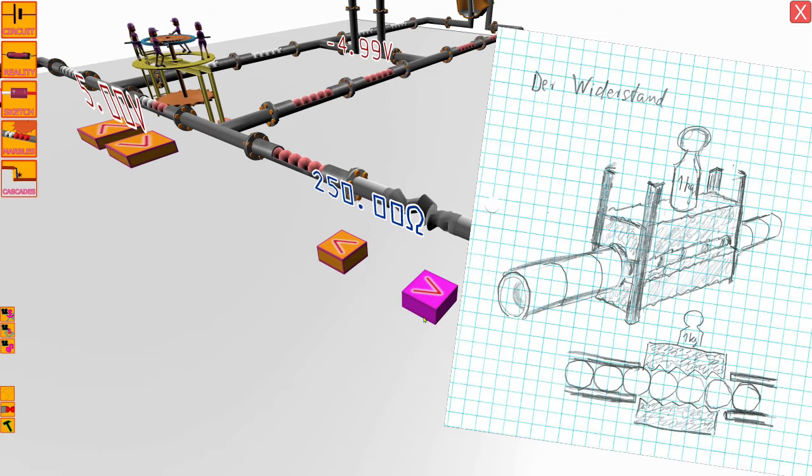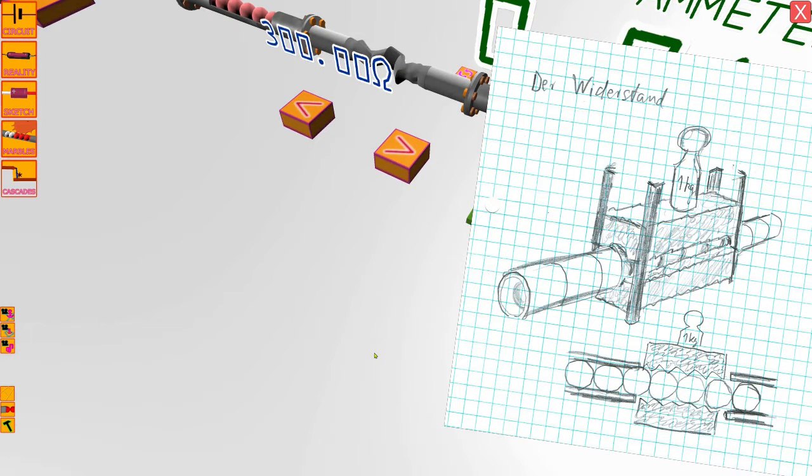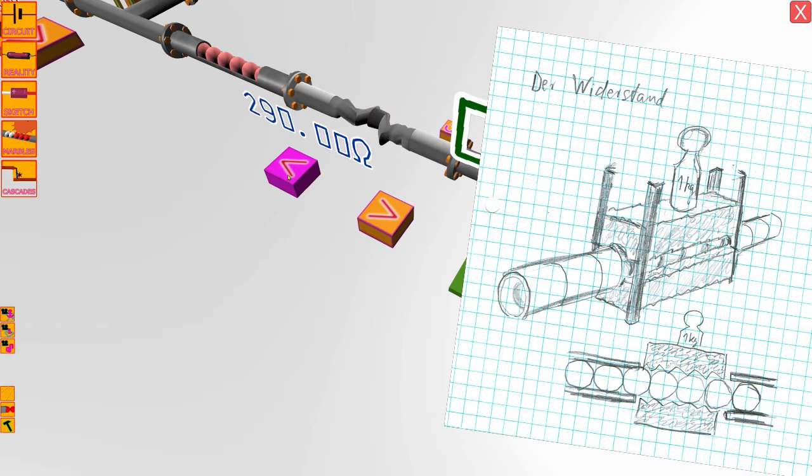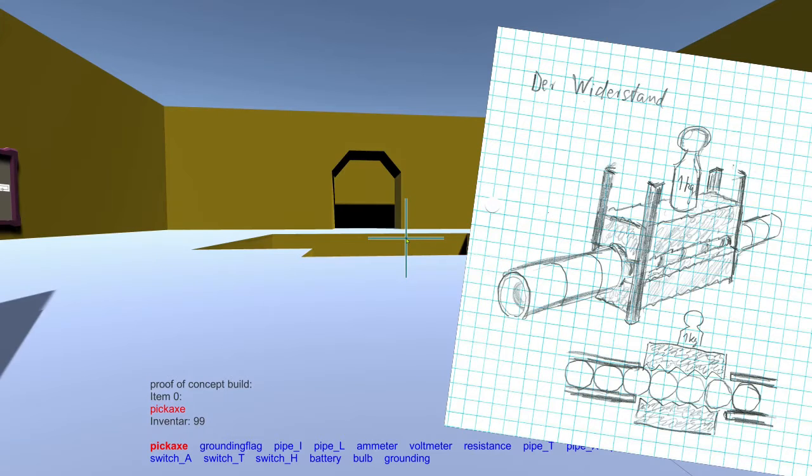Another one of the early concept ideas was having two rocks where I have to push the marbles through, and depending on the value of the resistance there would be more or less weight above the top rock. The rocks would also have some kind of grid, and depending on the resistance value, this grid would become thinner or bigger.